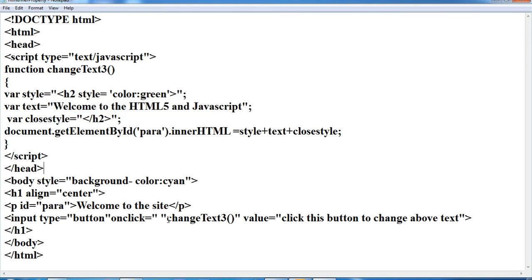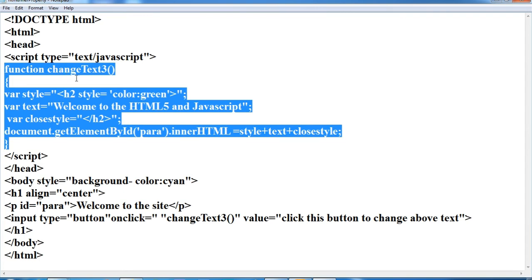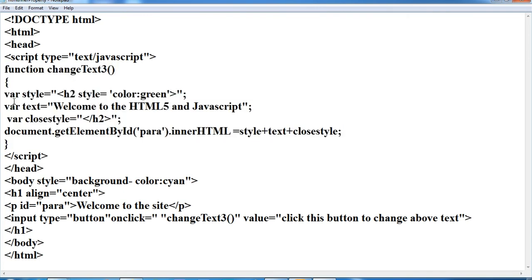So when this button is clicked, which function am I calling? changeText3. I have defined this function here. I am taking a variable style, in which I am taking an HTML tag, that is h2, with its style color green.